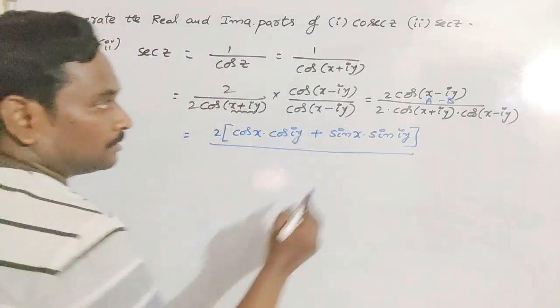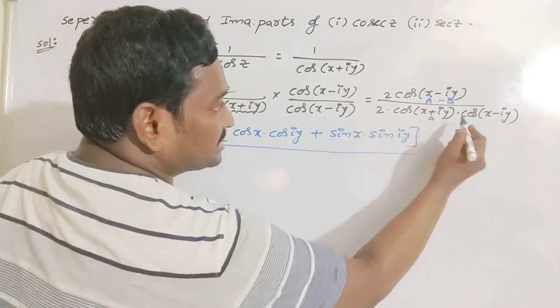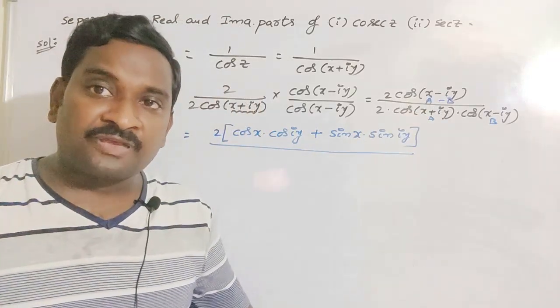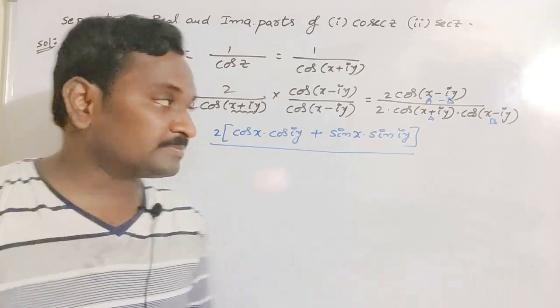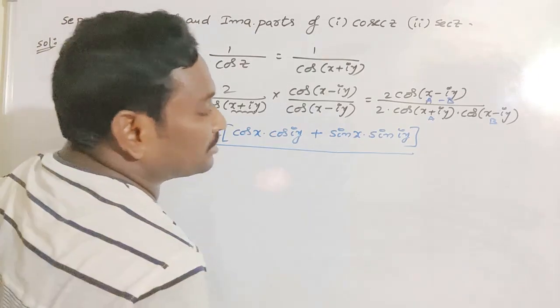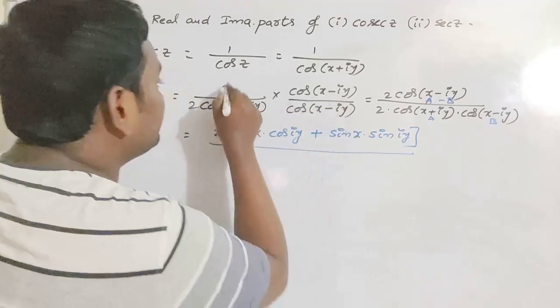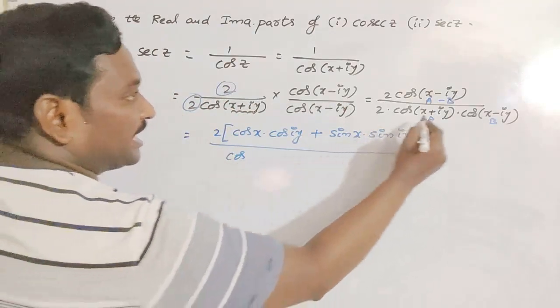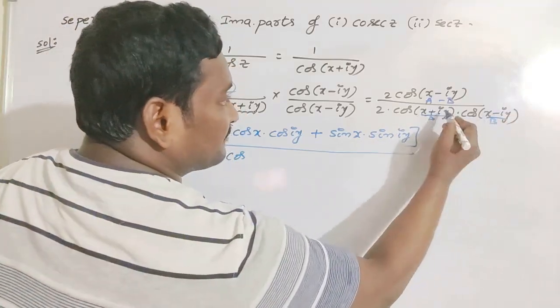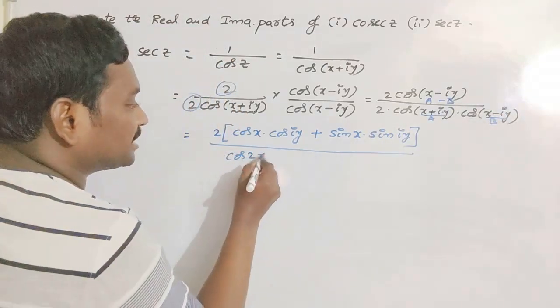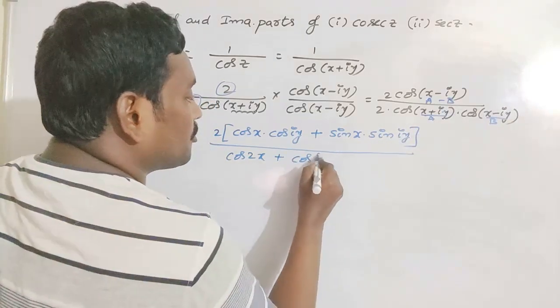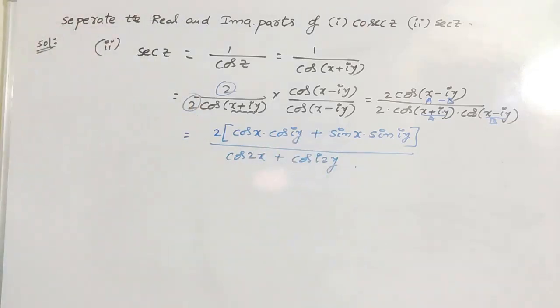Whole by. So what about the denominator? Denominator is in the form of 2 cos a cos b. What is 2 cos a cos b? Cos of a plus b plus cos of a minus b. So to use that trigonometric transformation formula, I am multiplying with 2 and dividing with 2. So cos of a plus b, x plus iy plus x minus iy, the imaginary terms get cancelled. You can add the real parts, plus this time you have to add the imaginary terms. Okay, I hope you all understand up to this step.